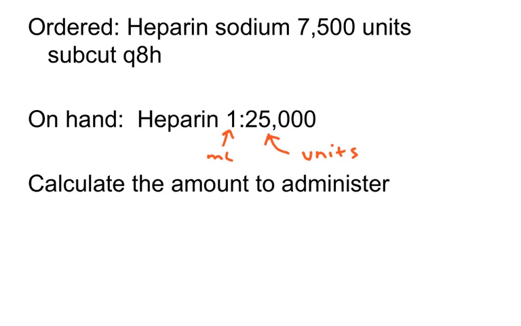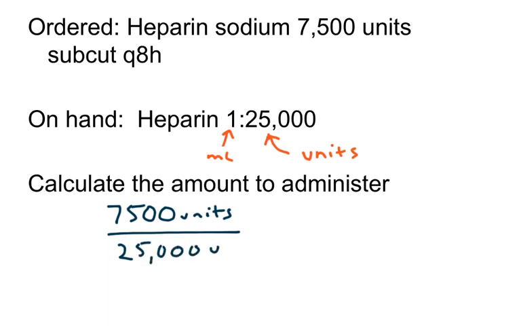Okay, what you have ordered goes on top. So 7,500 units. What you have available is 25,000 units per 1 milliliter. So we do 7,500 divided by 25,000, and I get 0.3